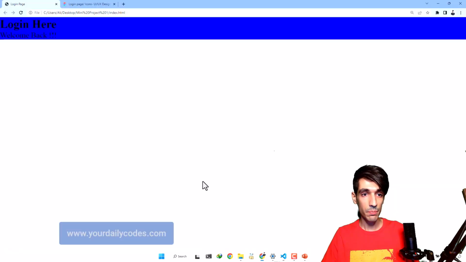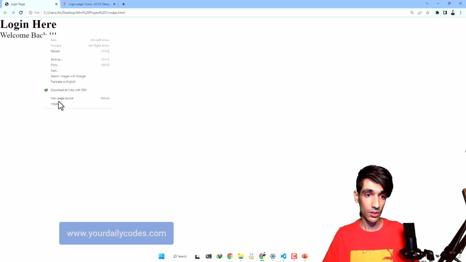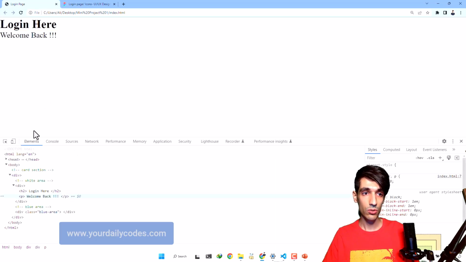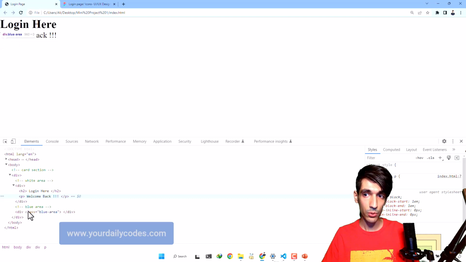So let's get back to our code, hit refresh, and the first thing that you say is, wait a minute, where's that div? Why don't we see that blue area? In order to find the answer, let's go to inspect element. As we can see, this is our div, this is our div, this is our div, and this is the div with blue area.